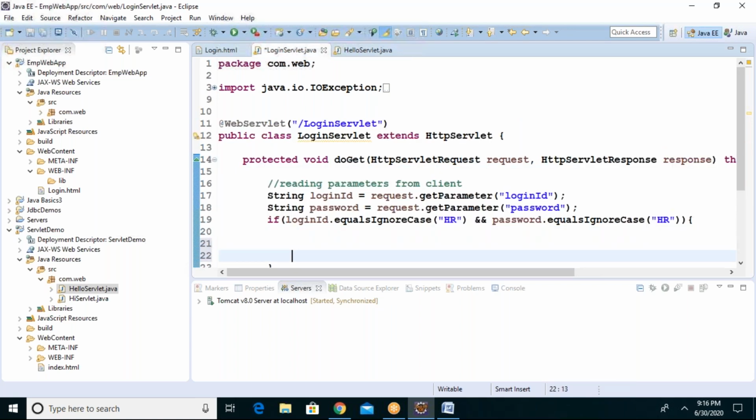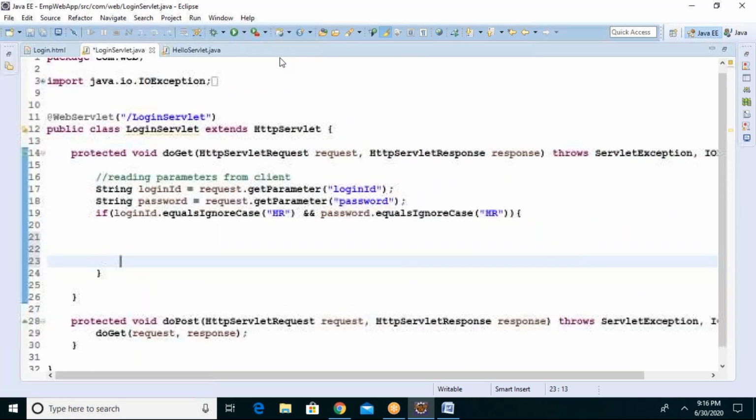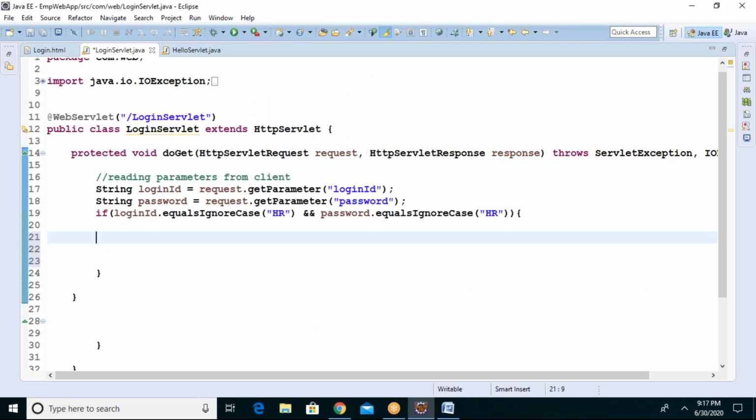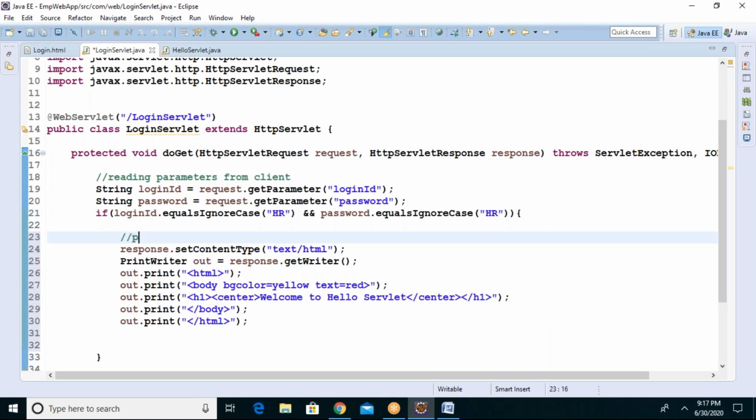I told you response is mandatory when you want to send some output to the client. Yes or no? Request is mandatory when you want to retrieve the data from the client. Here, preparing response, send output to client.